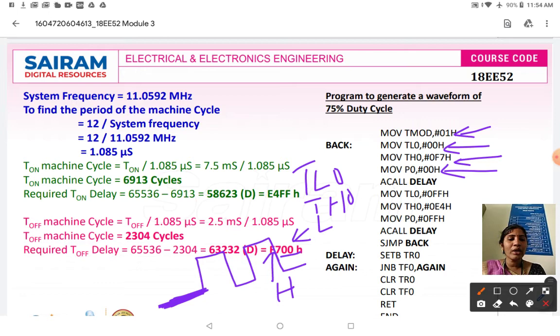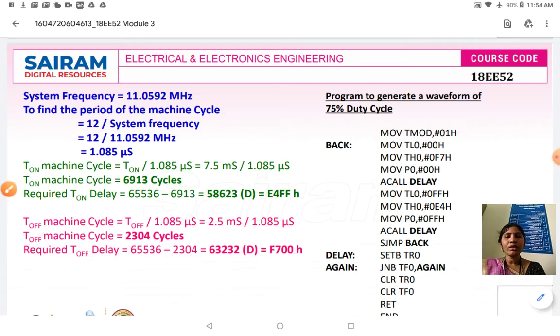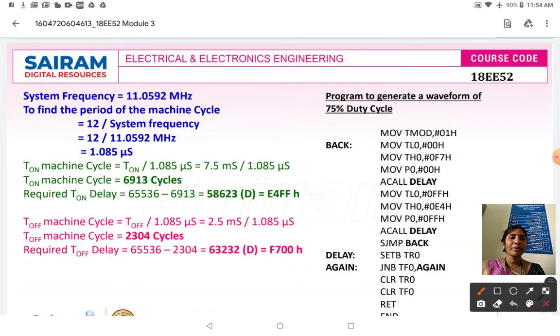So I am going to call a delay function, where the delay function is written only by using a timer. When you call a delay, it comes over here. The first step to generate your delay function is you need to start your timer. To start your timer, the instruction to be used is set bit TR, that is you need to start the timer run bit of your respective timer.